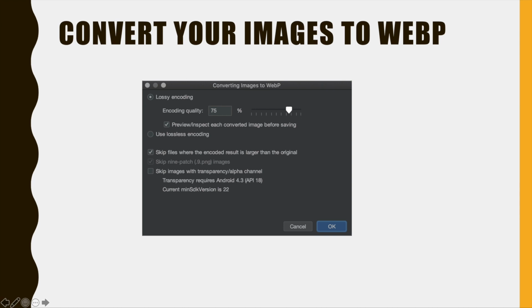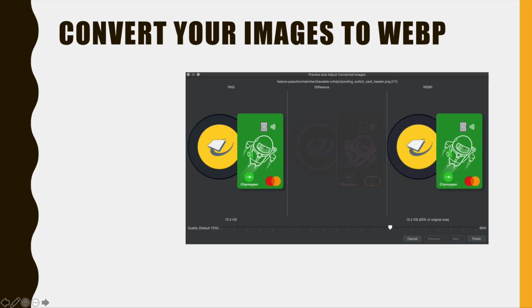Otherwise, if you use lossy encoding, you get this window where you can see the original image, the final image, and the difference between them. You can select the percentage of compression you want. Here, for example, we see the image is 4 times smaller. So it's a big improvement.